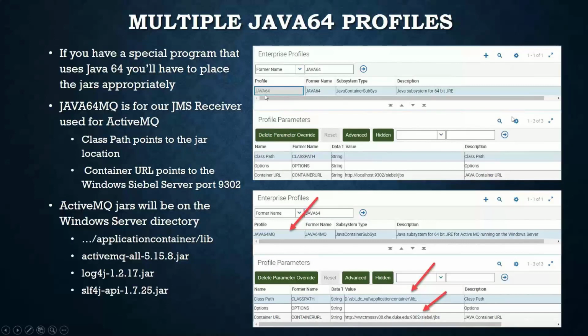You notice that it points to localhost 9302. Depending on when you create your environment, that port may not always be the correct port. So make sure it's your Siebel server port. And as you notice, it's 9302, which is the Siebel server port, of course. And then